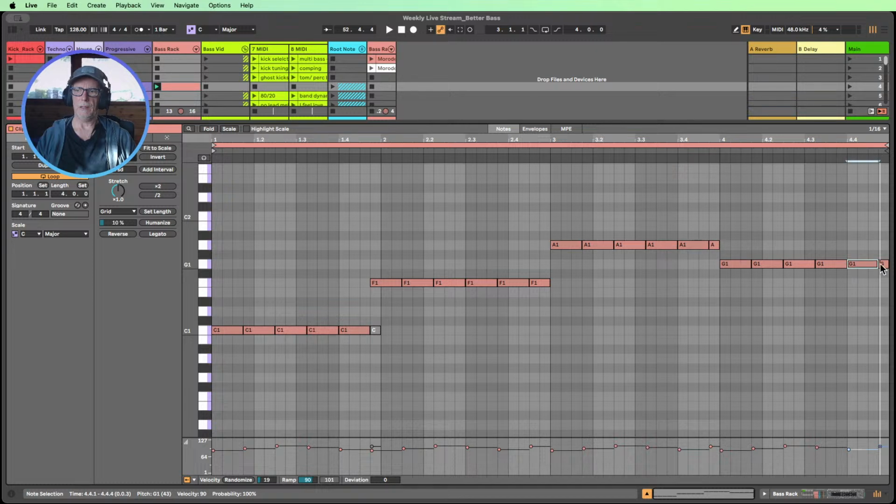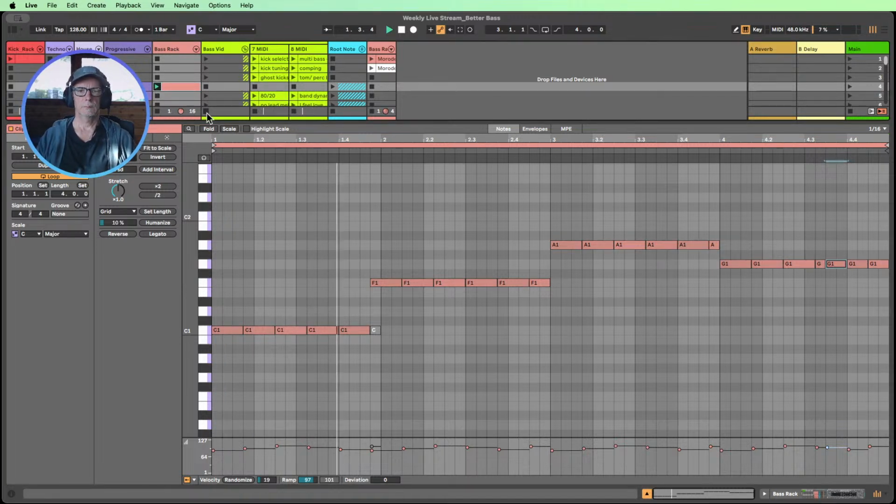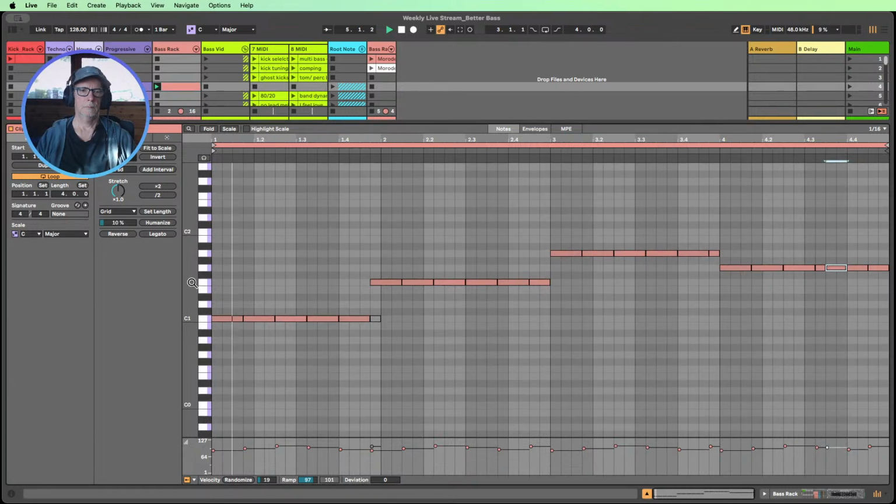So maybe in the last section here, we go to a couple of notes like that, maybe even a few more than that, for a little bit of variation in that bar there. It's quite nice that it changes here, gives it a real switch up.